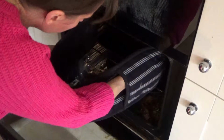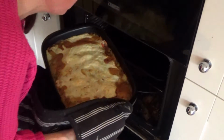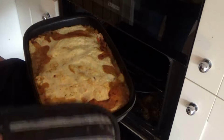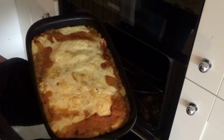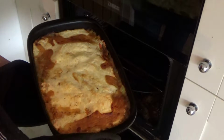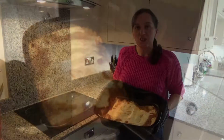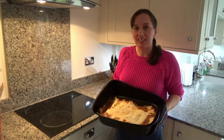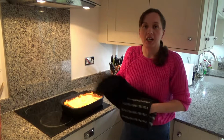So I've turned the oven off, and the shepherd's pie is lovely and golden brown now, as you can see, and the gravy from the outside of the pie has started to bubble over as well, which is also another sign that it's cooked. So I'm going to take this out of the oven now and then serve it with some beans. So that's how you make my dad's delicious homemade cottage pie,